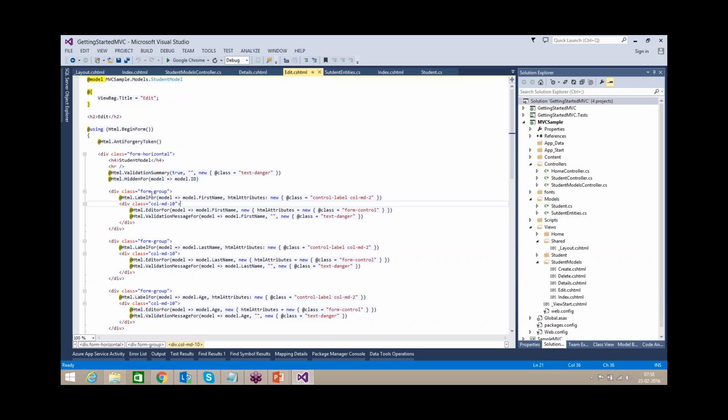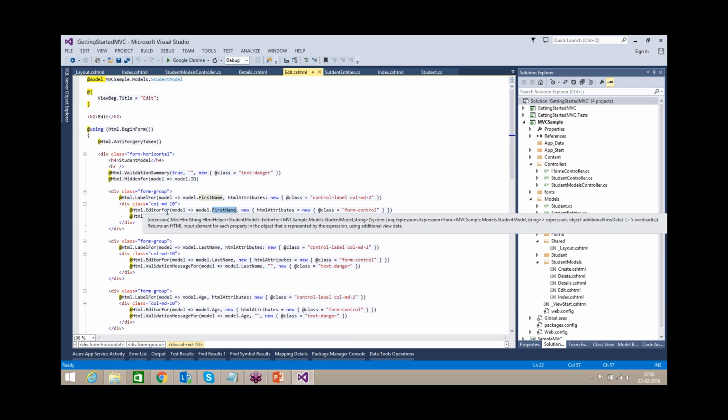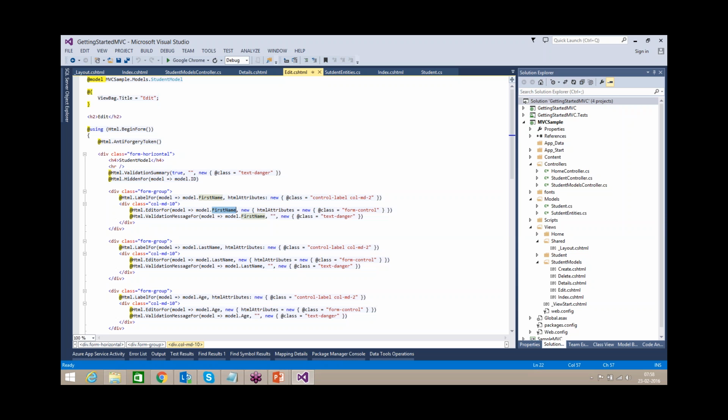If you see Edit, LabelFor, EditorFor, it will automatically bind to this first name, and then it will render the respective control for this first name. Respective control means that is a text box. Like this, the HTML helpers are very helpful in MVC.